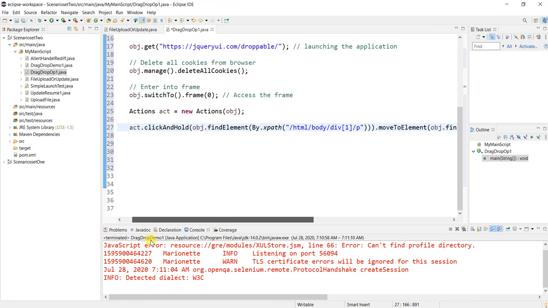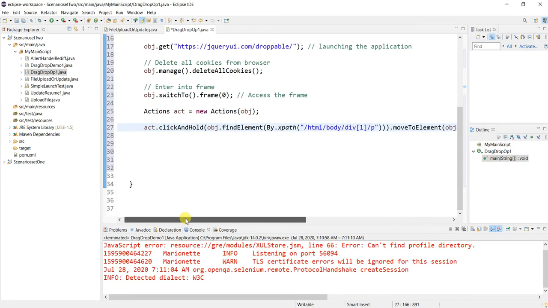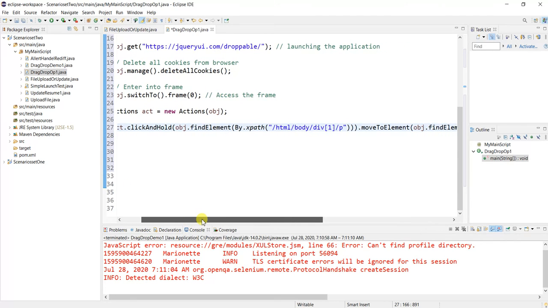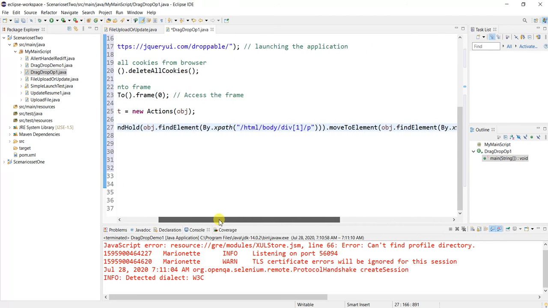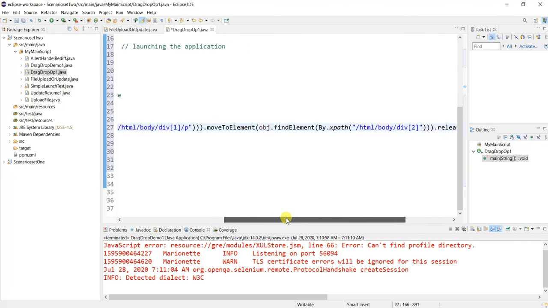So again let us see, act is the object for the Actions class. Fine. Then we are using the method called clickAndHold. Fine. obj.findElement by source element's XPath, dot it must be moved to by using moveToElement destination XPath.